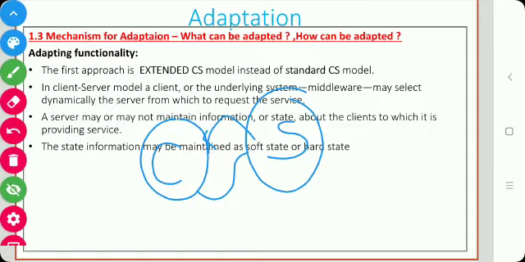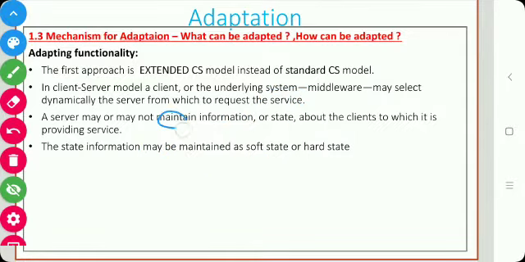Okay, so the client may select the server according to their need, and a server may or may not maintain the information about the client to which the server has provided the service. Okay, so the state information may be maintained as soft or hard. It is maintained in two states, that is soft and hard.